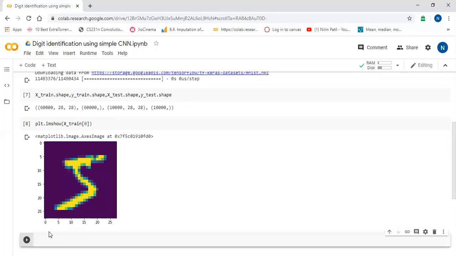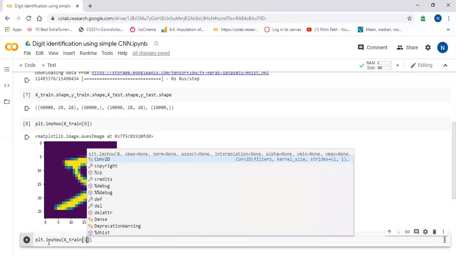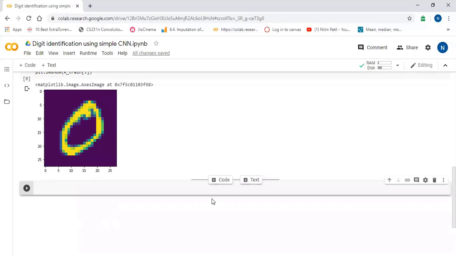So this is the 5. Same way plt.imshow(x_train[1]). So this will be the second image. So first record is 5, second is 0. So these are the images the MNIST dataset provides. We will train our model based on those images.